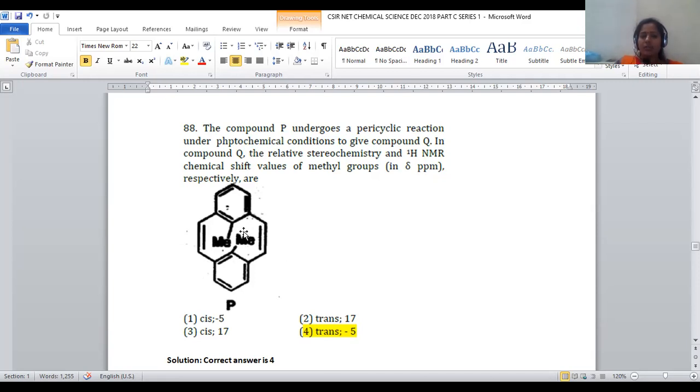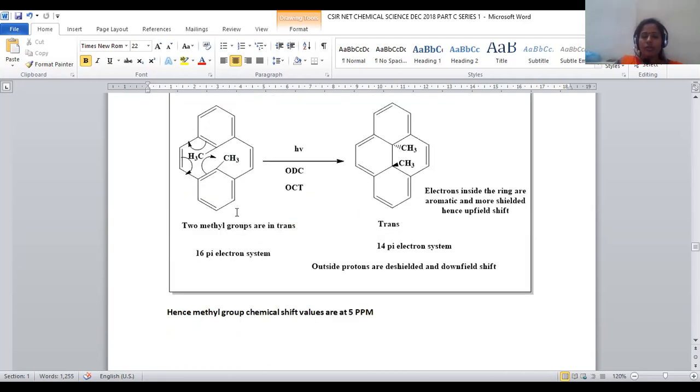So it's very obvious that whenever a photochemical reaction is carried out within the ring, an electrocyclization reaction will be possible, so that we will get one more ring structure within the molecule. And we have to predict the position of the methyl groups and their chemical shift values in the HNMR spectrum. In order to get that, what will we do? Under photochemical conditions, 6 pi electron delocalization is possible. So with the 6 pi electron delocalization, this pi bond is shifted, and here a new carbon-carbon double bond forms; this pi bond is shifted, again a new carbon-carbon double bond forms, and cyclization of the ring is possible.